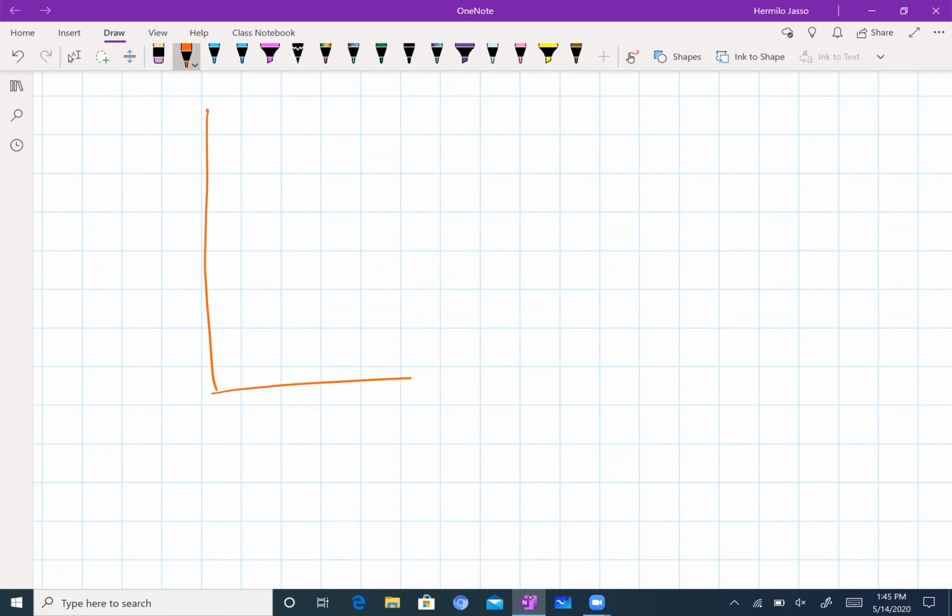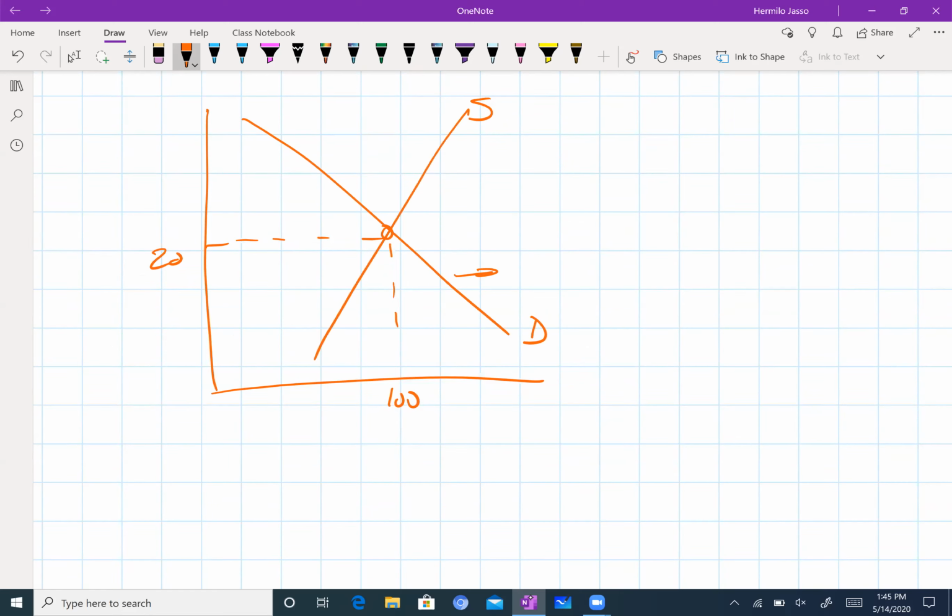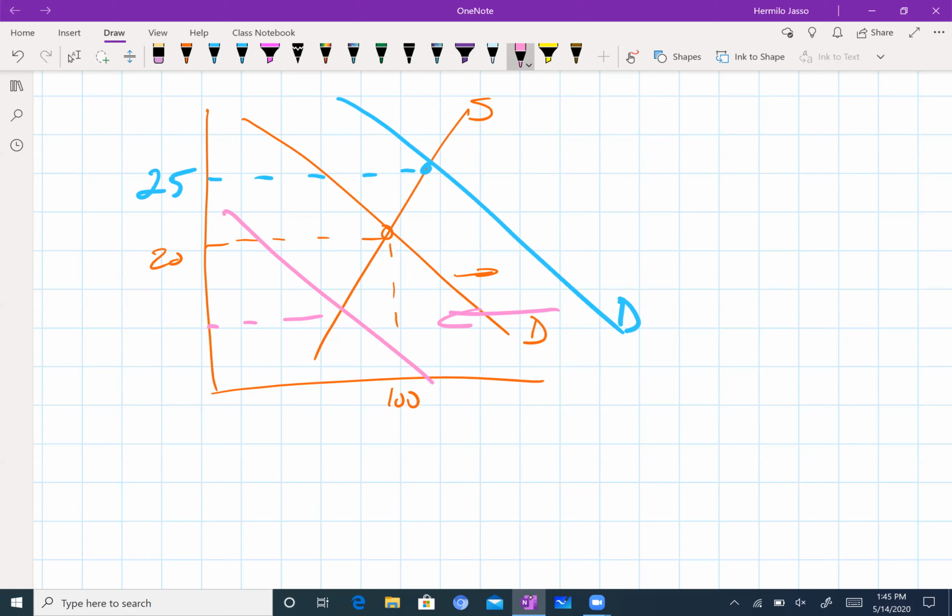Then in conclusion, we discussed the issue of how prices are determined. We simply say that prices are determined by the simple forces of supply and demand. This is the price. Let's say it's $20. We are buying 100 units. If consumers like this product more, they're going to buy more. Demand goes up. And if demand goes up, as you can see, we're going to go into a new equilibrium and prices are going to go up simply because people now are buying more of this product. On the other hand, if people no longer like this product and the demand decreases, well, then prices are going to decrease, right? So that's the thing that we were discussing.